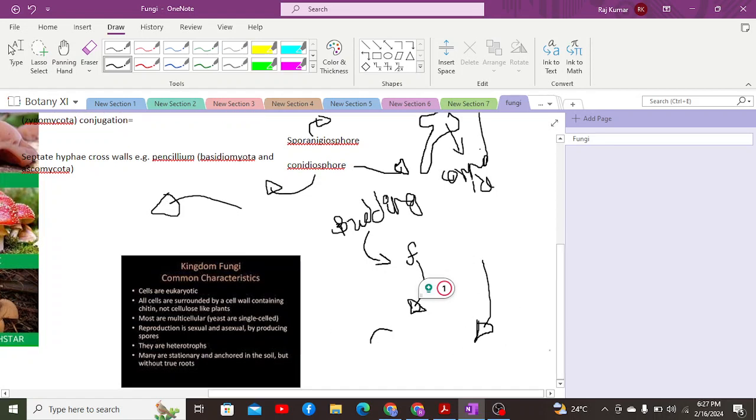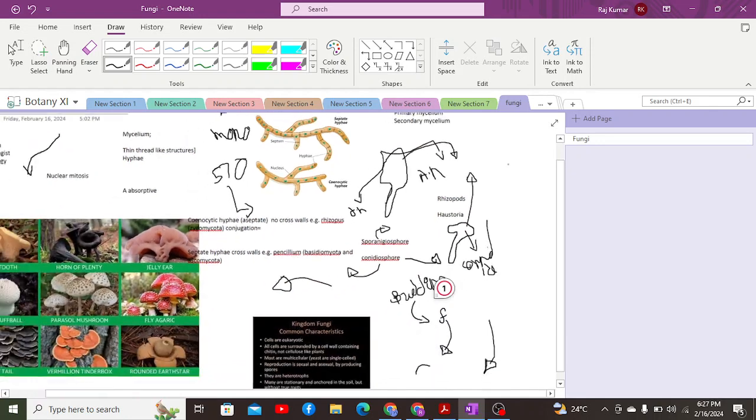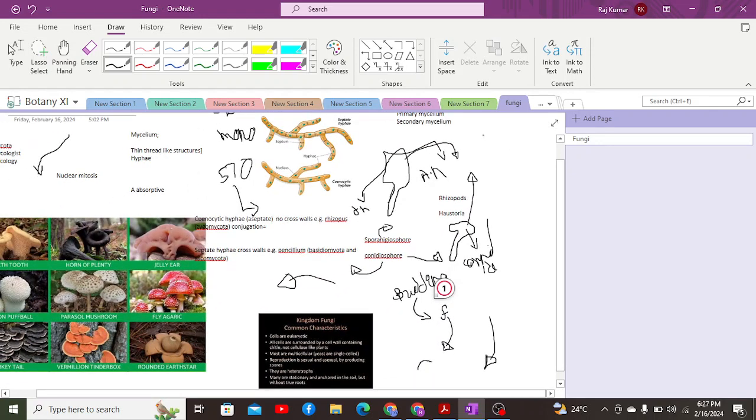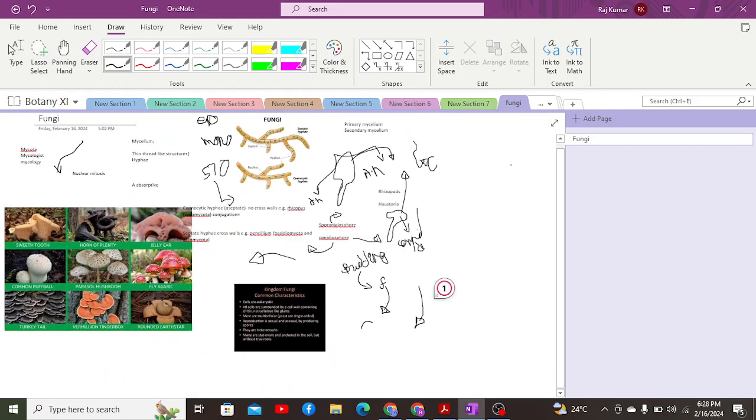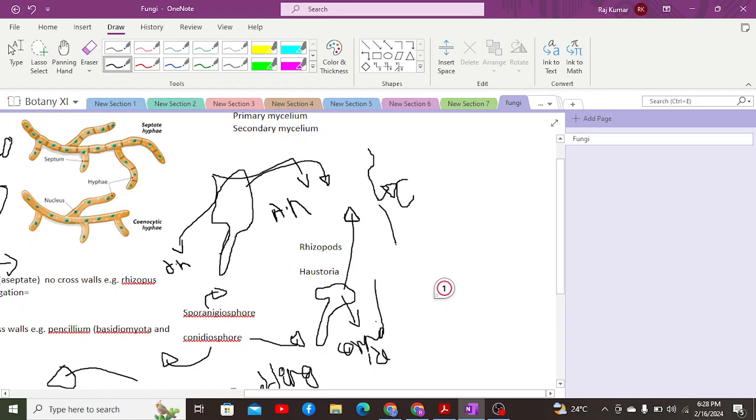Moreover, one more thing, back to the normal point, which is sexual reproduction. Now, sexual reproduction occurs in a manner which is known as conjugation. Conjugation process was already told, in which if we have two cells which have two different genetic materials and both exchange their genetic material, then they perform the conjugation process between them, as it occurs in prokaryotes. And another process which occurs is known as plasmogamy.